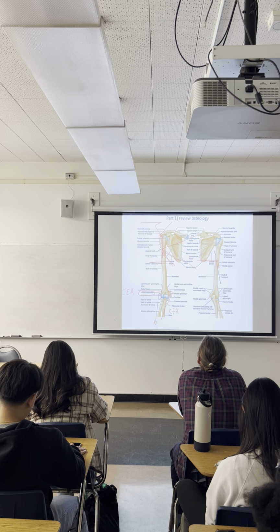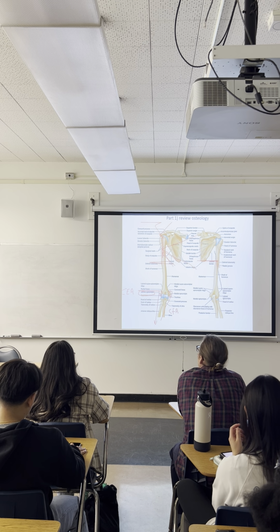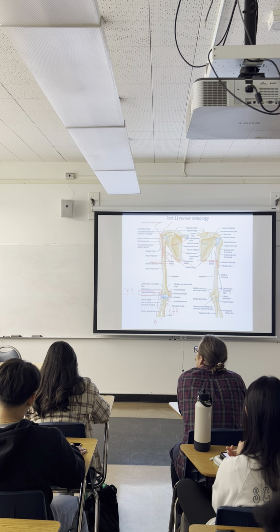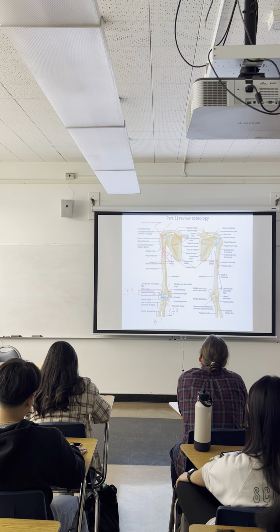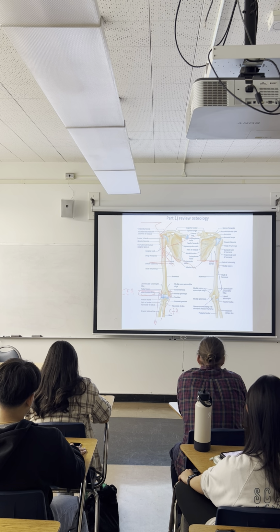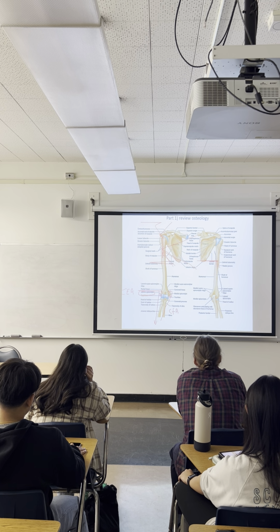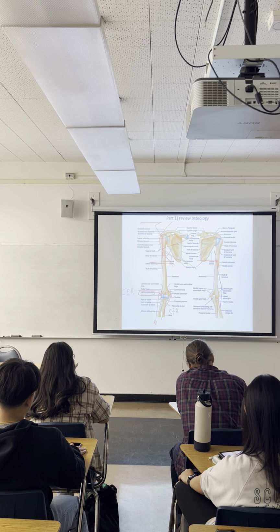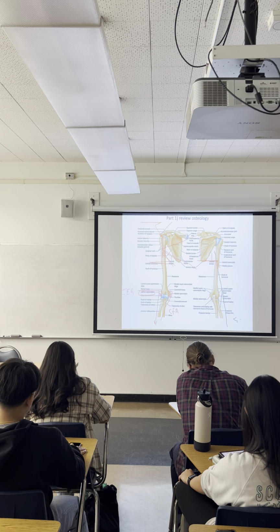And what it's going to do is, I'll do this a few times today, at about the lateral epicondyle or slightly before, it'll divide into a deep branch and a superficial branch. So we have a superficial radial nerve